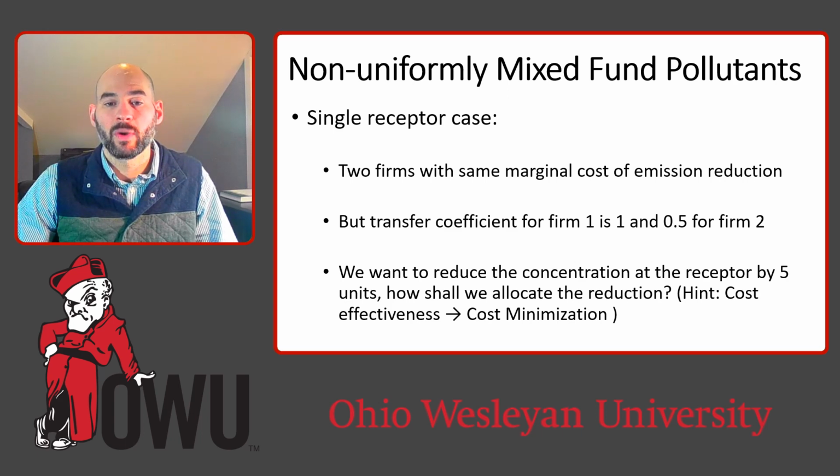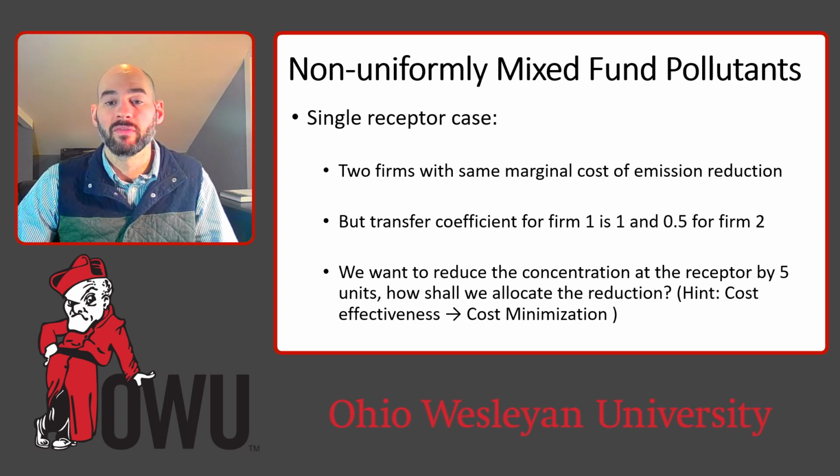And so if we want to reduce the concentration of the pollutants at the receptor site by 5 units, how are we going to go about allocating that reduction between firm 1 and firm 2? And we're going to think about doing so in a cost-efficient manner,